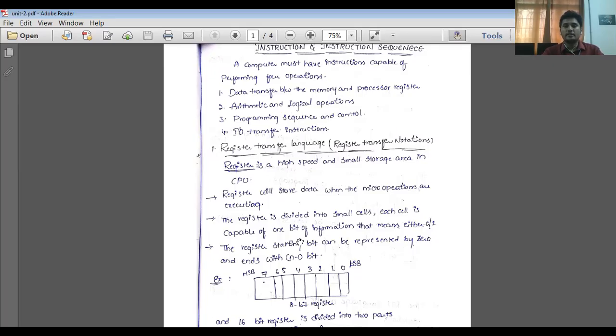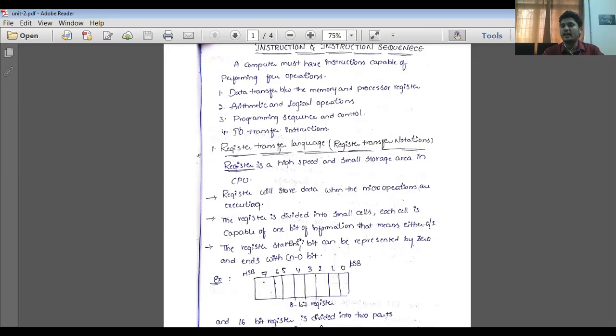An instruction is the combination of different micro operations. An instruction is split down into smaller micro operations so it can be executed for better results.